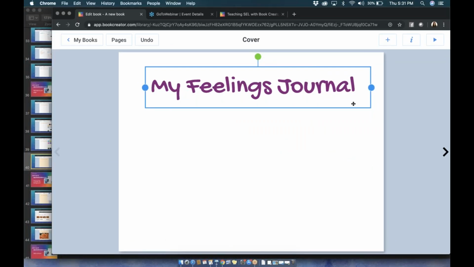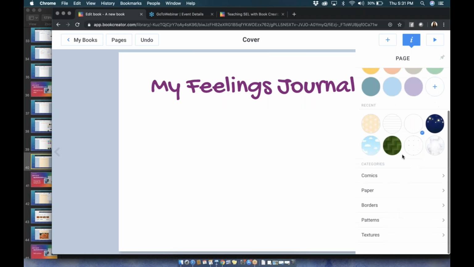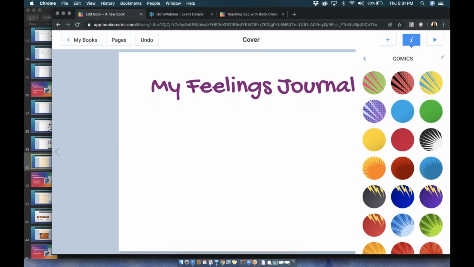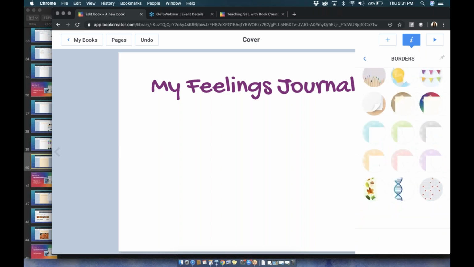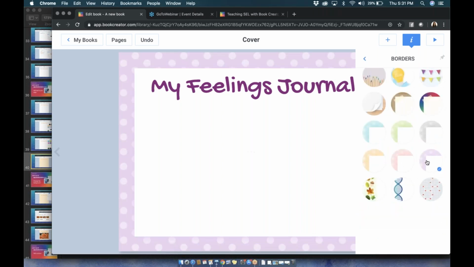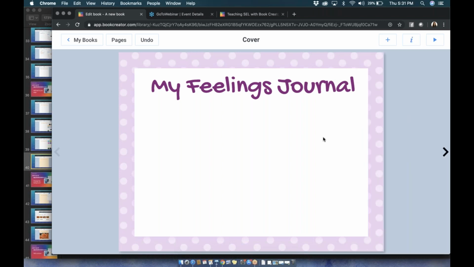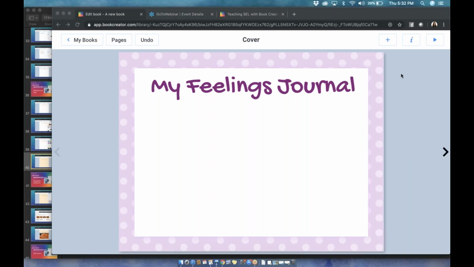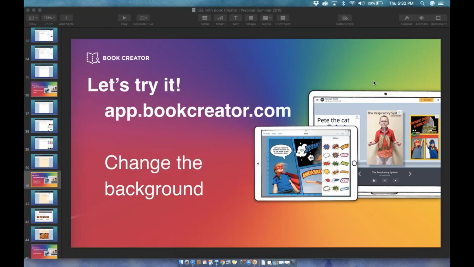So here my letters are highlighted in blue, so I'm going to tap out. Then I'm going to hit the inspector, and I can go through and choose from some of these colorful comic backgrounds. I can choose from some of the borders if I wanted to. So totally up to me what I want this to look like. I think this one looks pretty good. And then I can tap back out here. So go ahead, if you haven't already, and change the background for yours.